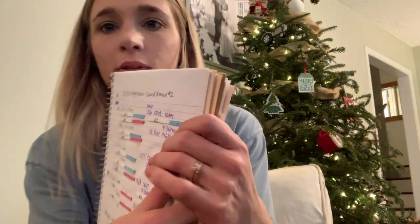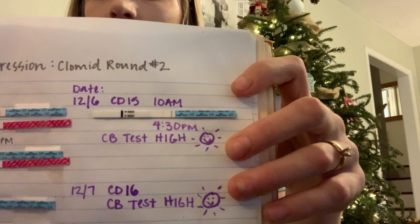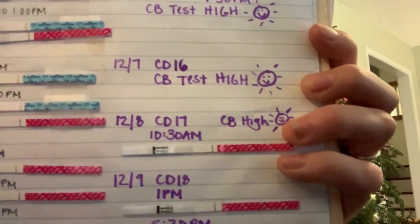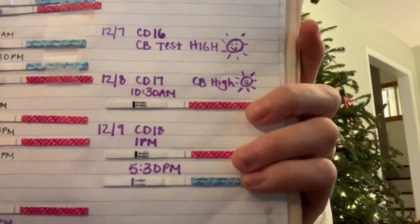So I started getting high fertility on the Clearblue on cycle day 15. As you can see, on cycle day 15, at 4:30 p.m., I got a Clearblue positive. On cycle day 16, I took the Clearblue and had another high fertility, which, let me mention,